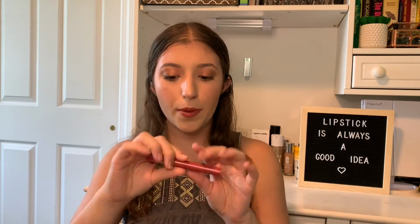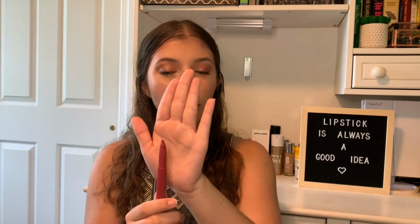But I think the color is beautiful, and it is that sort of matte traditional lipstick formula, but it does come in this little lippy tube, so it is really easy to apply, and it has this nice angle to it, which makes it really nice to get in the corners of your lips and really round out that top where your cupid's bow is, which can be really helpful for those of you that struggle with applying lipstick really precisely. So definitely A+ on the packaging, and A+ on the color, and A+ on the price